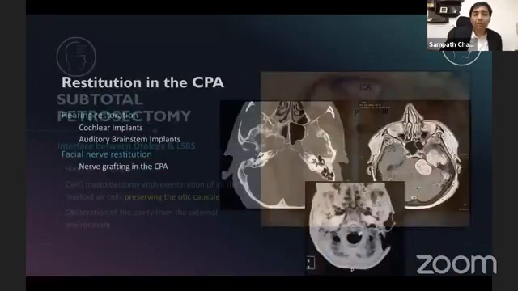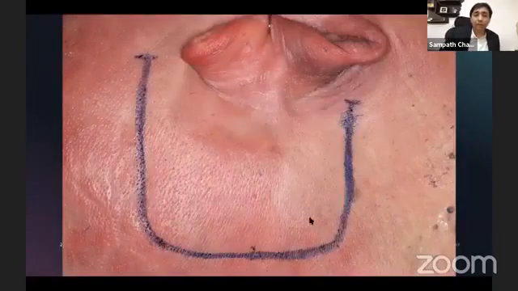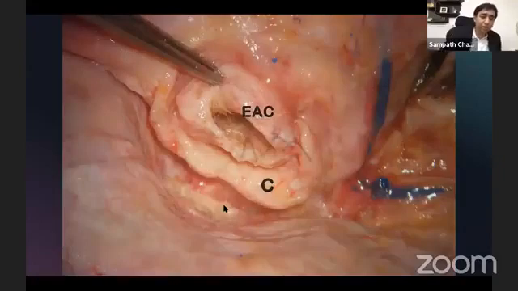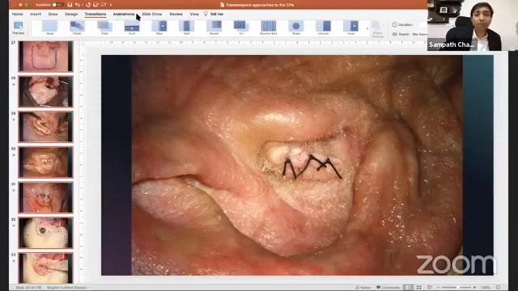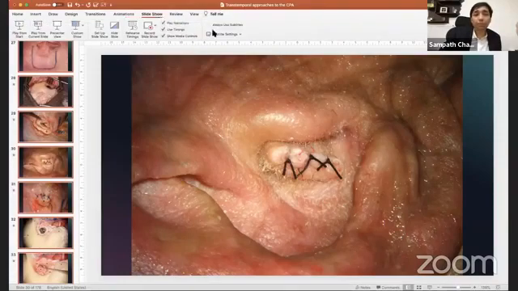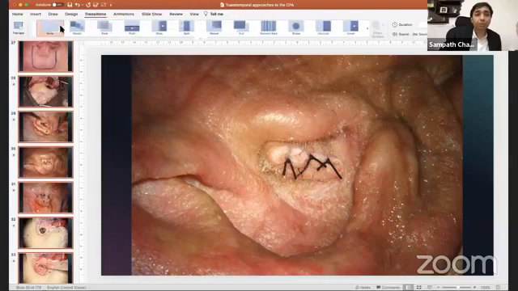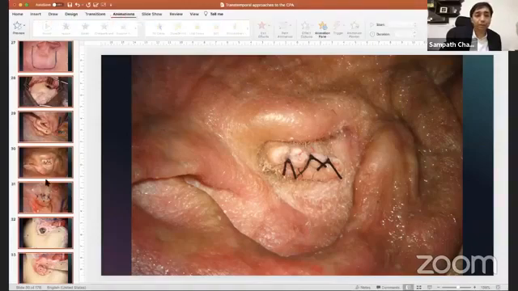Okay, so the external auditory canal, as I was telling, no, I need to just sort this out. Okay, let's see. Let's hope it works.